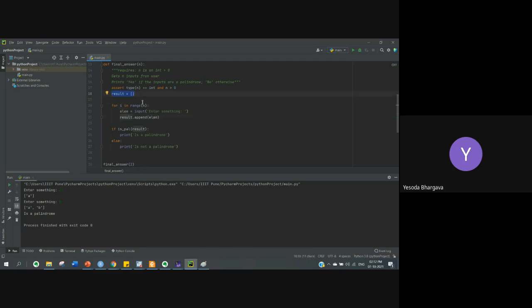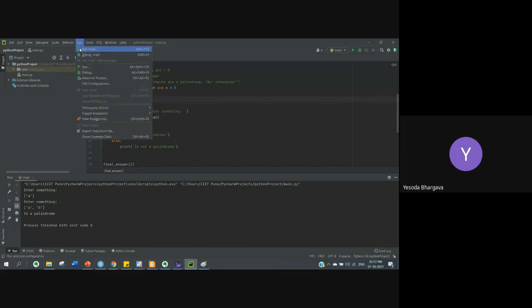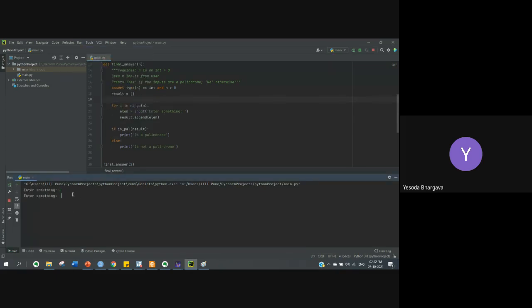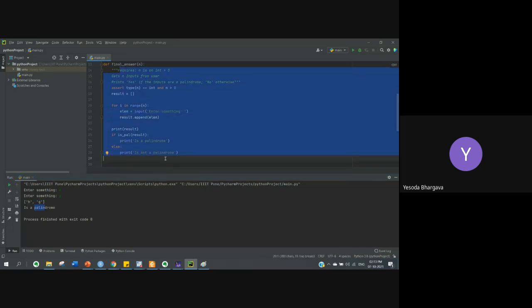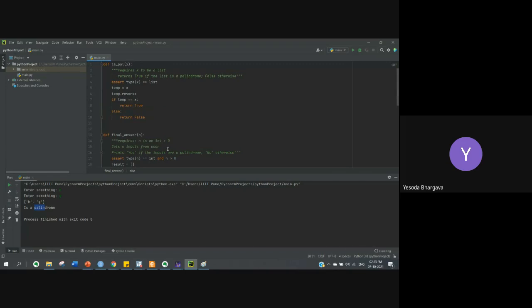Here you have been able to identify the issue, and if we try to verify once again, we can see that the input is fine. I will keep the input just for your reference and run it again. The input is fine, but it's not a palindrome. So here we have cleared everything, and now we move on to this function, which checks whether or not the string is a palindrome.